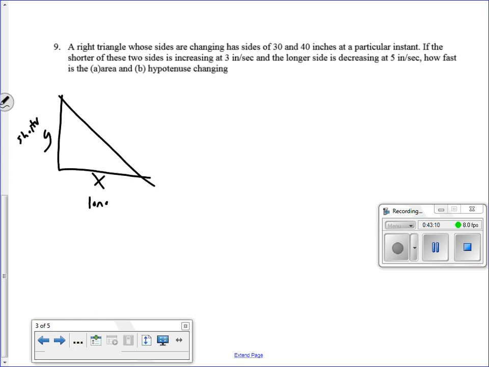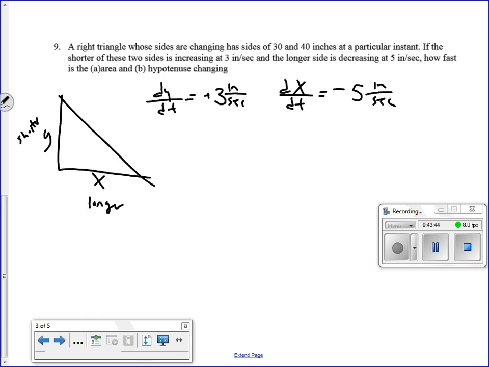So if the shorter of these two sides is increasing at a rate of 3 inches per second, so dy/dt is equal to positive 3 inches per second, and the longer side, which I called x, is decreasing at 5 inches per second, so that means dx/dt equals negative 5 inches per second. How fast is the area